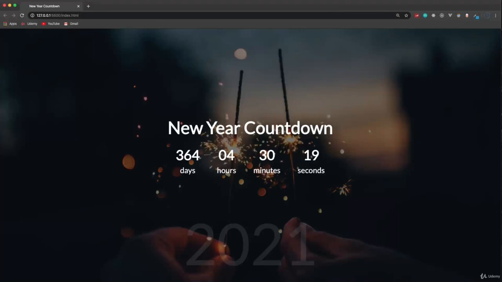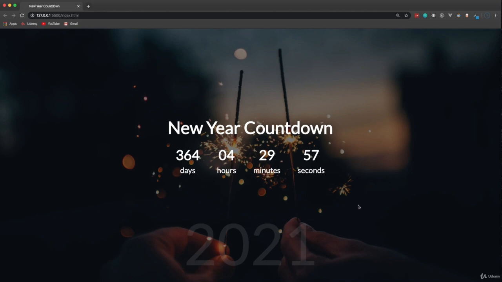Okay, so this is the NewYear CountDown project, and this is relatively simple. We're going to use some CSS to create this landing page, have a nice little overlay on our image here, and basically it just counts down until the next year, and it's actually January 2nd today, so you can see we have 364 days, 4 hours, 30 minutes, 3 seconds, and this is going to be completely dynamic, meaning that